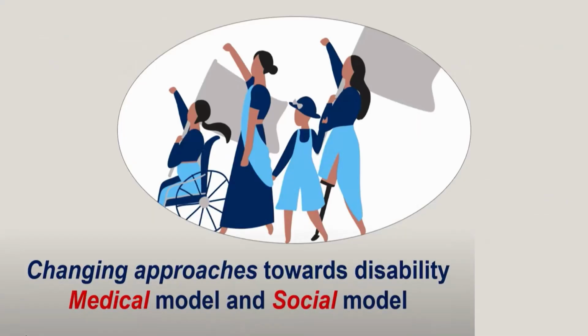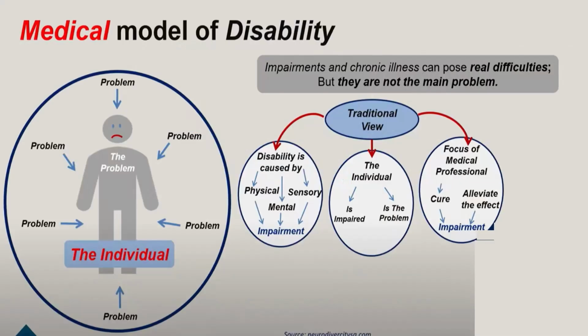So, changing approaches toward disability. So we have to change our approach toward those particular disabled persons. So we have to think positively. These persons are the special persons, and we have to think for that particular. So there may be a medical model and a social model. So the medical model of disability, it creates problems, and those problems